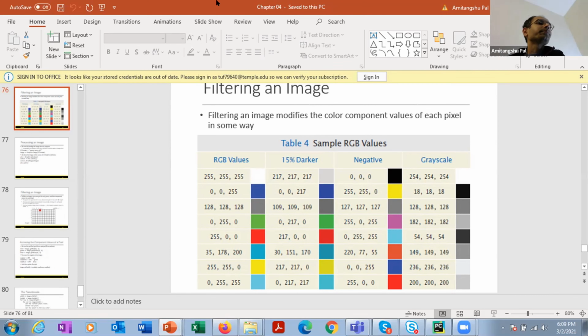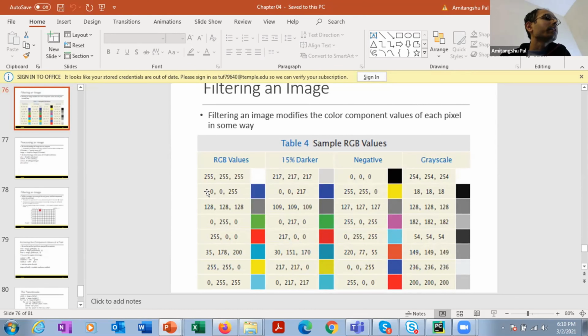If we mix these three colors with lowest intensity, which is 0, 0, 0, that means there is no red, no green and no blue, then you will get black. No colors means black. All colors mixed with highest intensity means white. Here in this case the RGB values are 0, 0, 255.